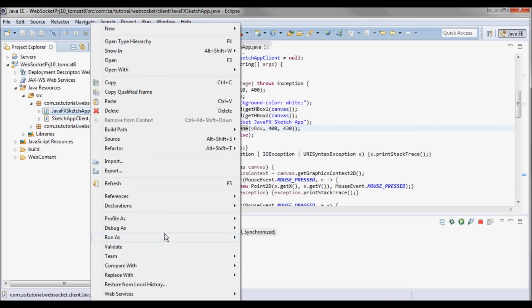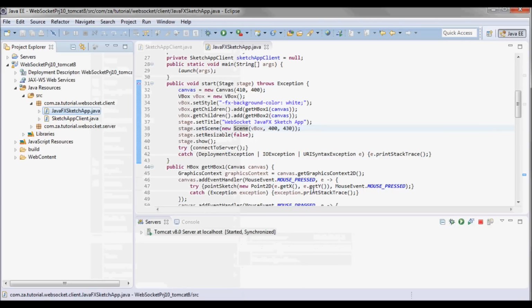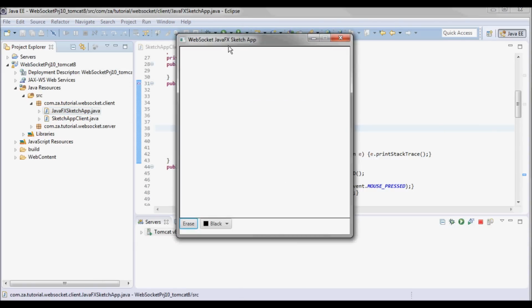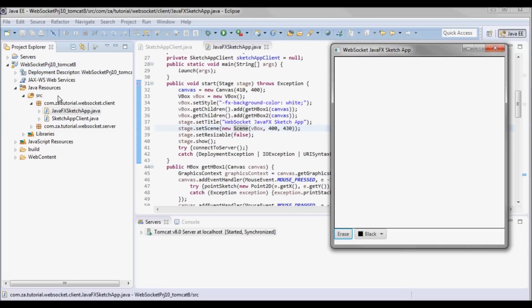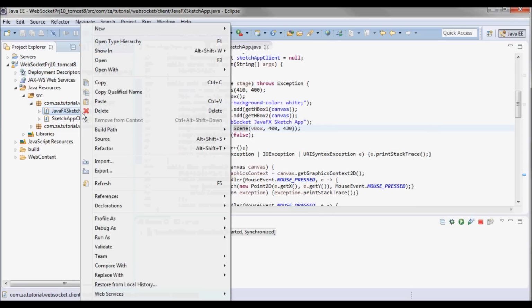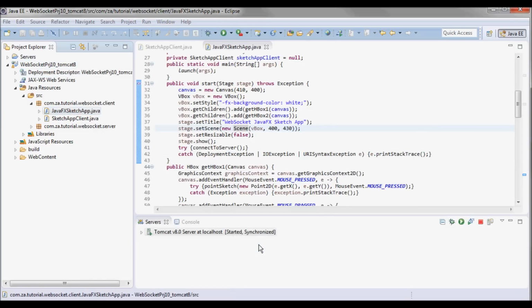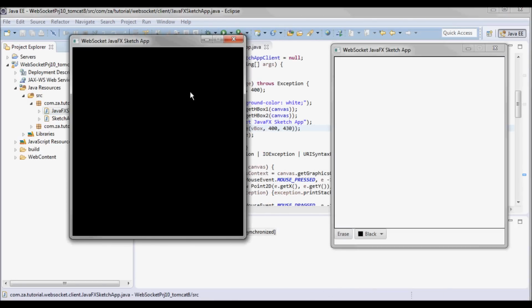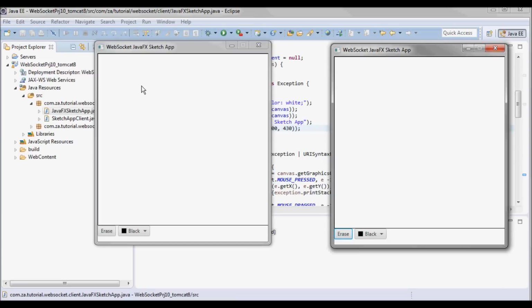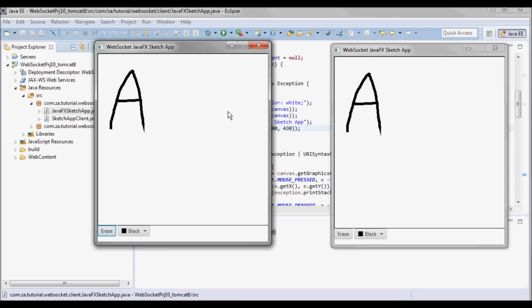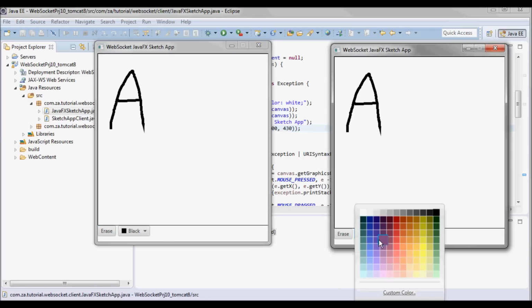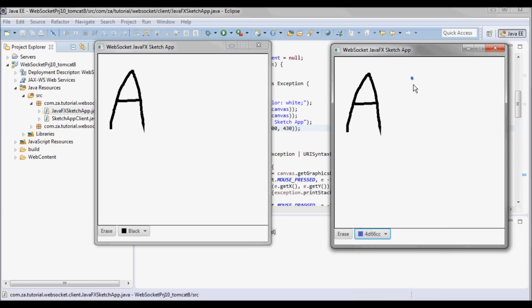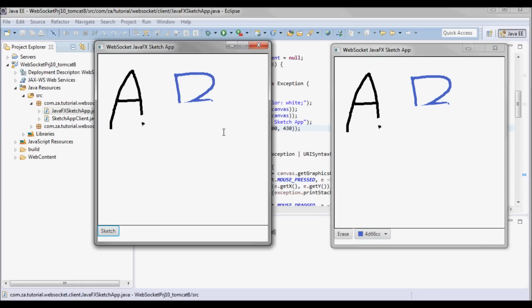And let's go ahead and run the application. There's one, let's run a second one. Okay, so let's do A, and let's change the color. Let's try to erase.